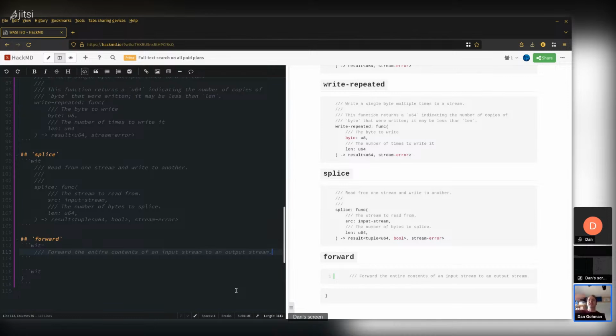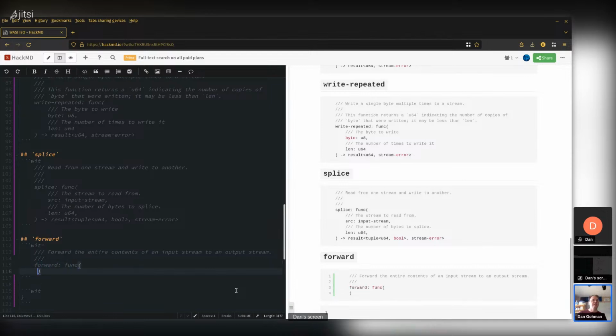What's going to happen here is that all this stuff will be presented to the WASI subgroup, and then these things will all get voted on. The subgroup will have a chance to object if they think that forward is redundant with splice. If people think you should just use splice and write your own loop, then that can happen. But for now, I think it makes sense to put it in and see how it goes. I think I've just been convinced at this moment.